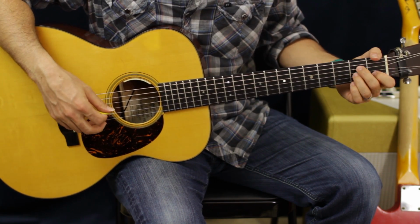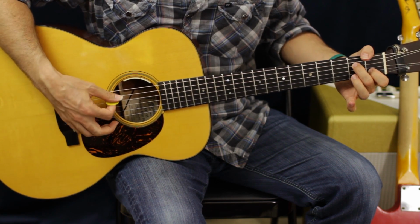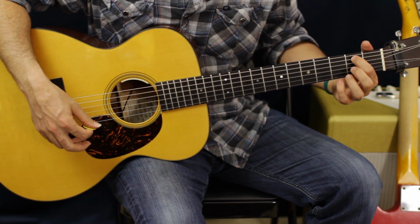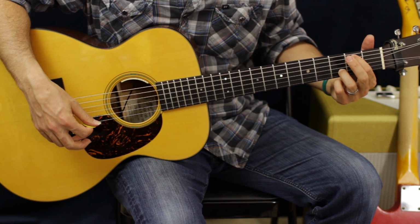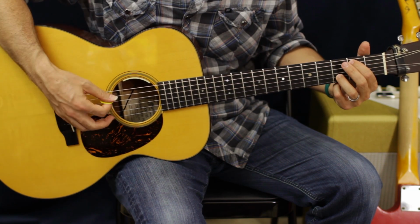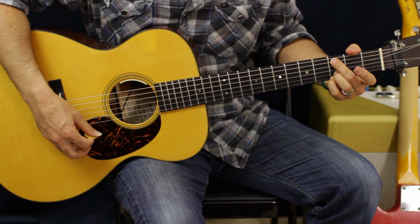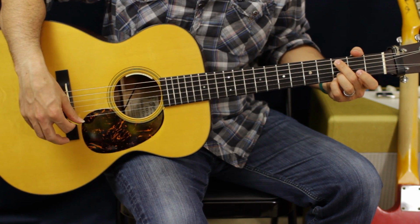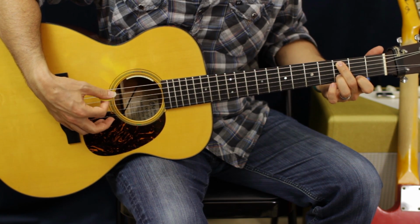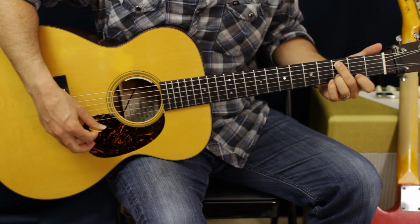The only other chords I'm going to use is going to be looking like an A minor, but I'm going to take off my ring finger. Then I'm going to put my first finger onto the second fret and my ring finger onto the third fret of the B. This is second fret of the A, by the way. And then I'm going to put my first finger on that C chord again, and then take off my pinky and put my first finger on the second fret E. And those are going to be the chords I'm going to use, okay? So we got